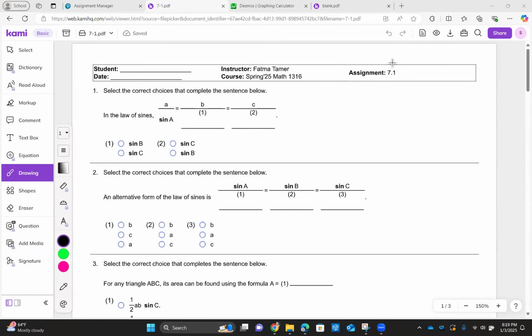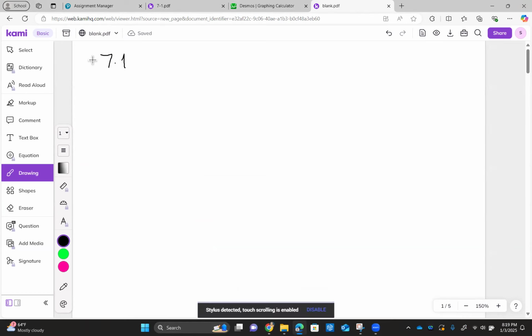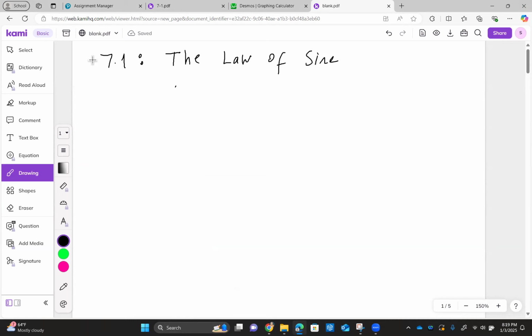Section 7.1 is called the Law of Sines. Before we start looking at the homework questions, we will review what the Law of Sines says. Section 7.1 has one main objective, the Law of Sines, which states that in a